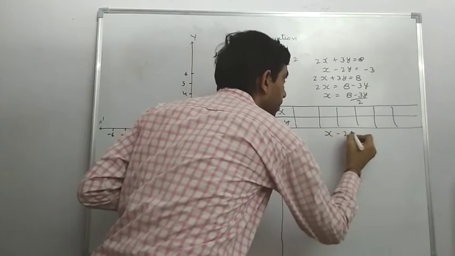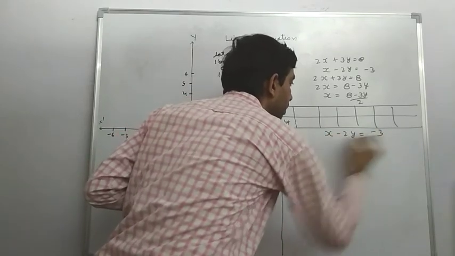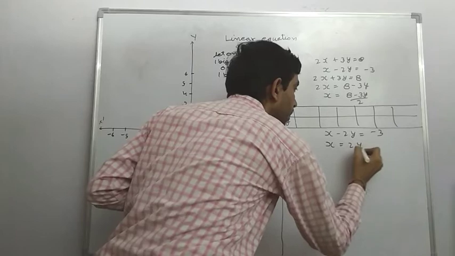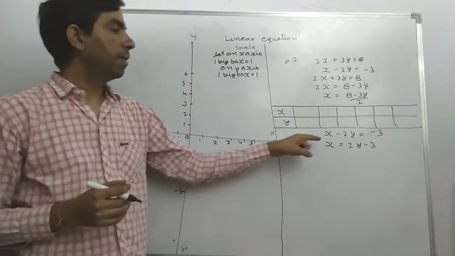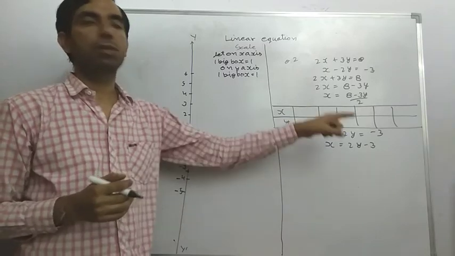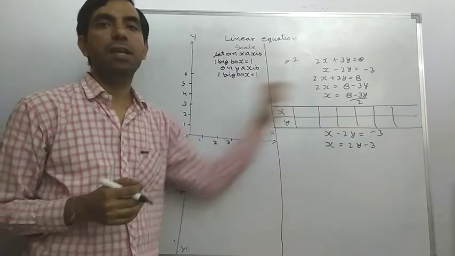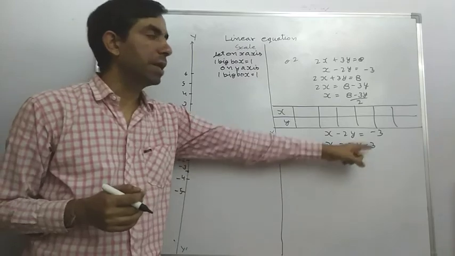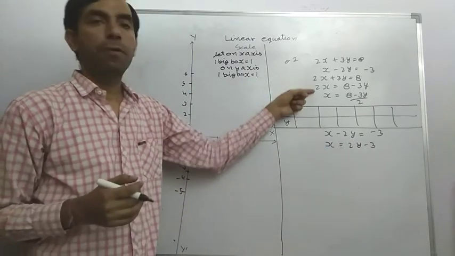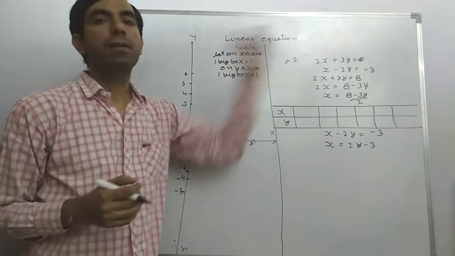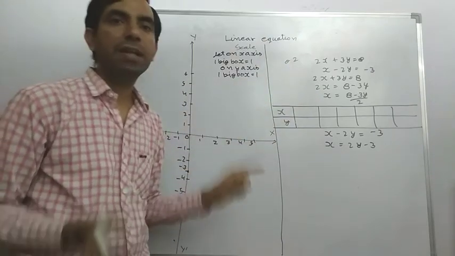x. In the second equation also we do this, and we take x on the left side and all other things, minus 2y, will go to the other side, then it will be positive. Then 2y minus 3. We have the value of x both times. We find the value of x in equation form and we make a table.